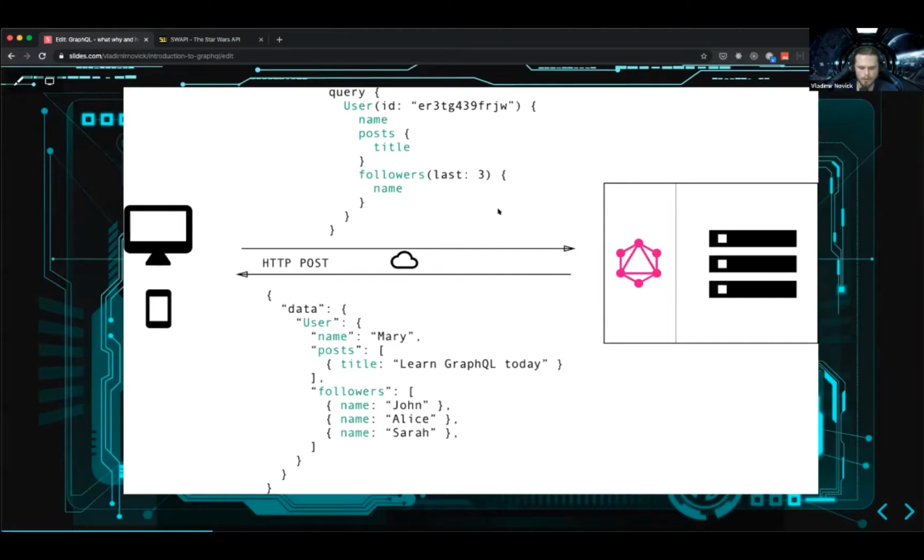Now, another thing I want to point out: initially I said that GraphQL is a query language for API, but now I would say that this statement is sort of wrong, because when you read it, the first thought, at least for some people, is that you need to have your API to have GraphQL, right? And it's wrong, because GraphQL is a spec of how you can communicate between the front end and the back end, and how you can resolve the data back to the client.